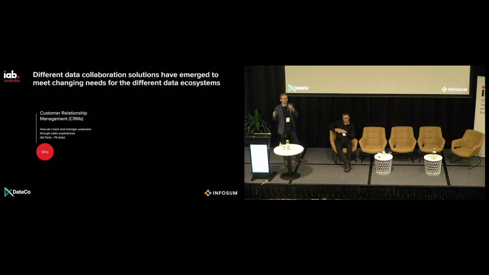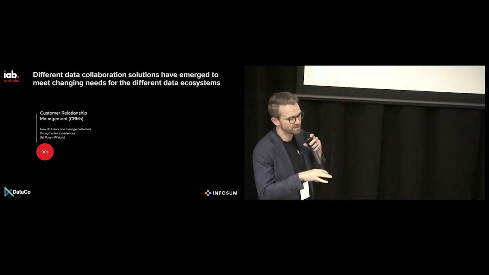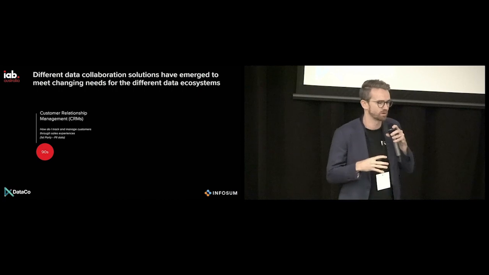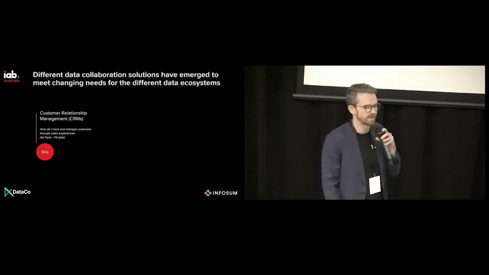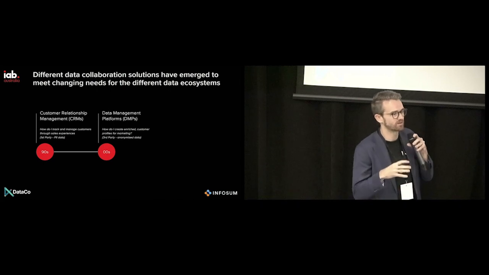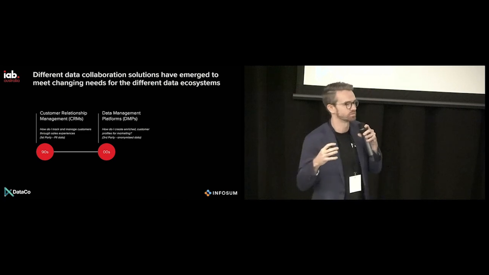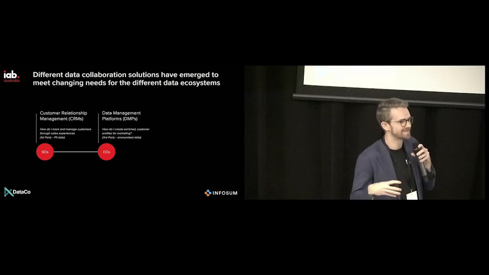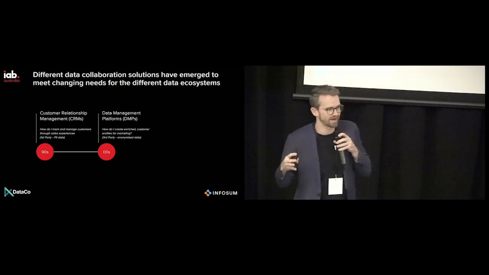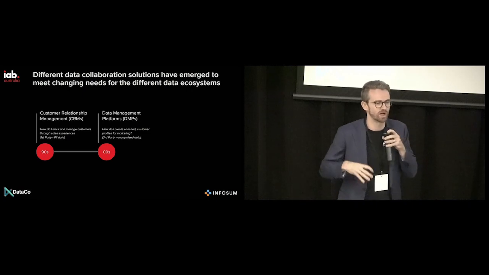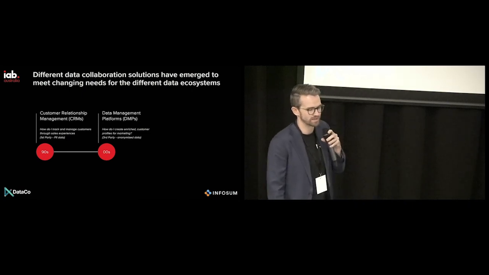So where have we come through? Over the years, different collaboration solutions have emerged to solve different problems along these ecosystems. Back in the 90s, it was more about how we best get a view of our customer through sales cycles, and that's where we saw the popularity of CRMs grow. From there, we started to say, for advertising, we want more enriched customer audiences with more data. We moved into the DMP space, very much driven by third-party and aggregated information, a lot of the time more short-lived, but helping to drive a lot of work in the advertising space.